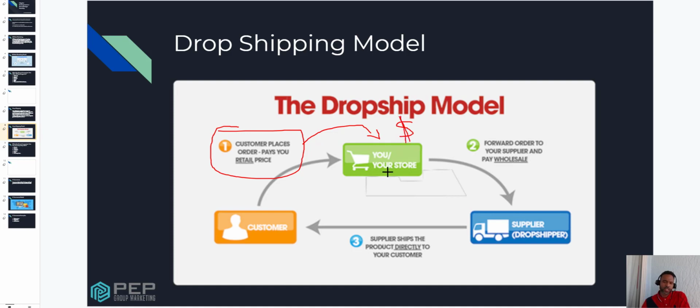All right. So in this instance, you're going to collect the money, and then from the money you've collected, you're going to go buy the product from the actual supplier. So the supplier down here has got the product that you're going to actually pay for, okay? And then they're going to send it directly to your customer. But to your customer, there's not going to be a receipt that shows how much you paid for it. They're not going to know, really, where it comes from, other than you're just saying this is how much it is. So to make a little bit more sense of it,